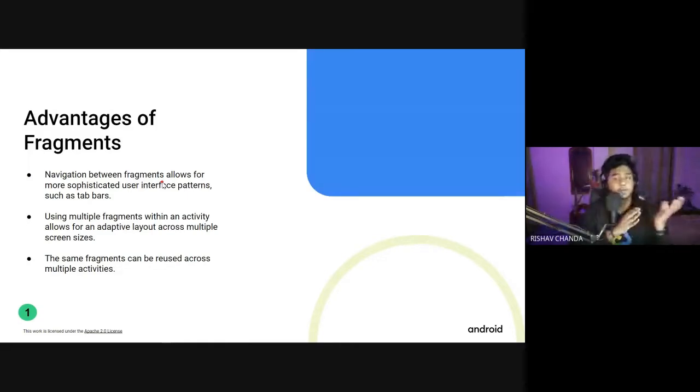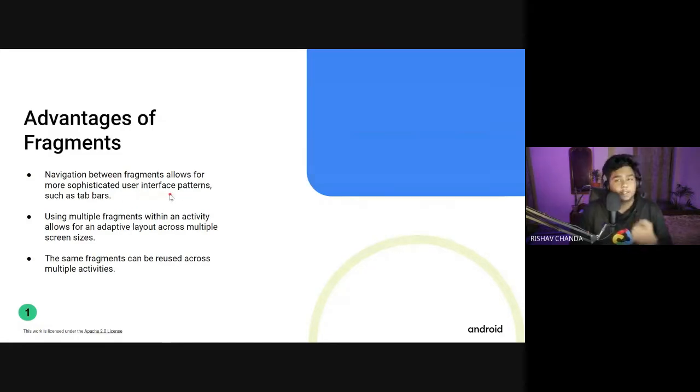Like with WhatsApp, there are other applications also, but because of its UI compatibility, we don't like those apps. We are comfortable with WhatsApp because of its tab navigation. Using fragments, we can create more user-enhanced apps.